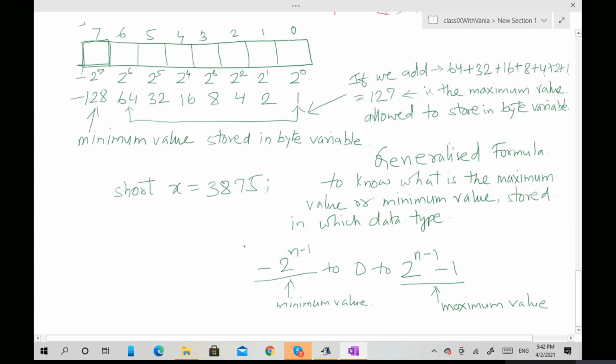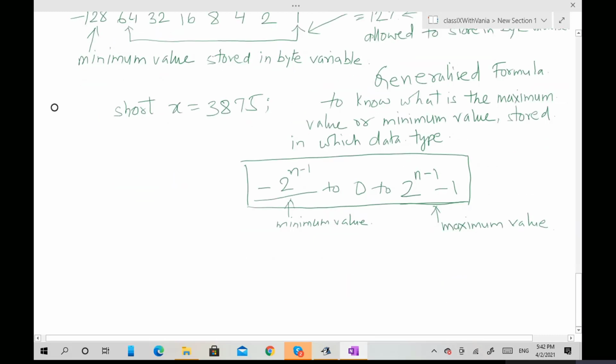Now if you know this formula, then it is very easy to decide which data type I want: int, float, double, which integer type. So when you see a value something like 1768587, you can decide which data type is suitable for this.